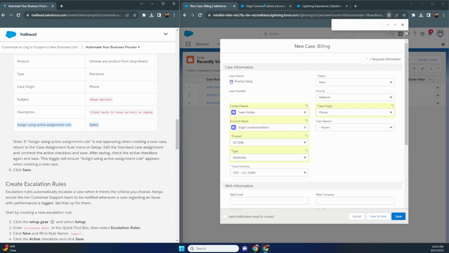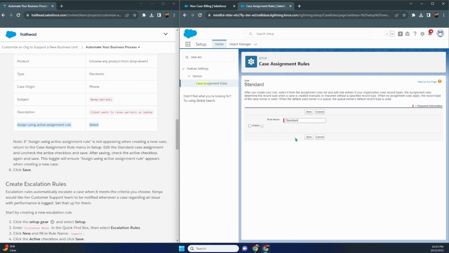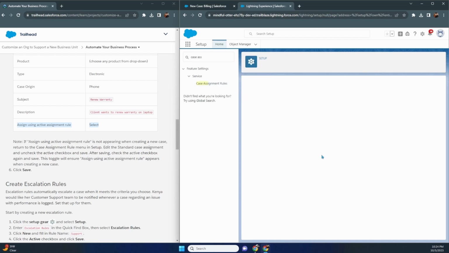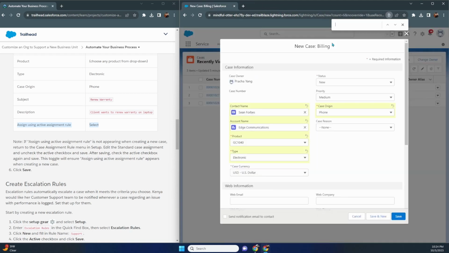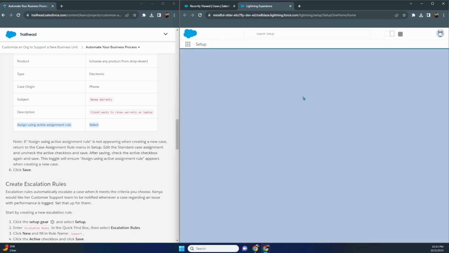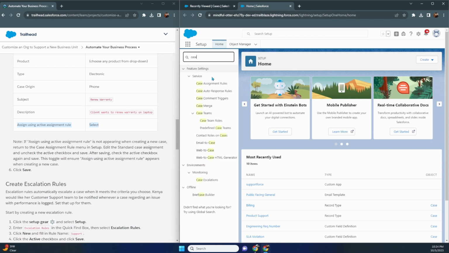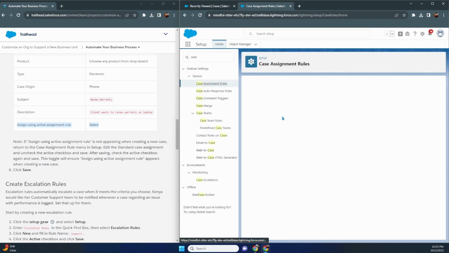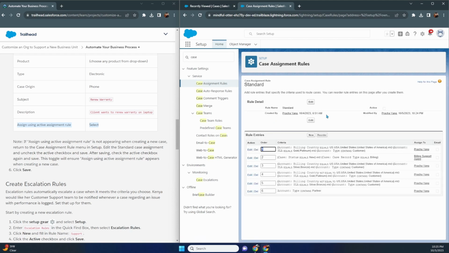Since it's not appearing, what we need to do is go back here and edit this, uncheck this. So we're going to deactivate it. And then basically, let me just open up a new window just to make sure it's there. We can cancel all this because we're going to have to recreate it. And then go back into case, assignment rules, and go back into this, edit,